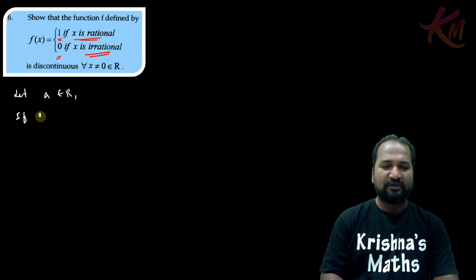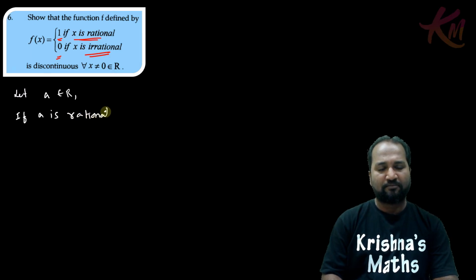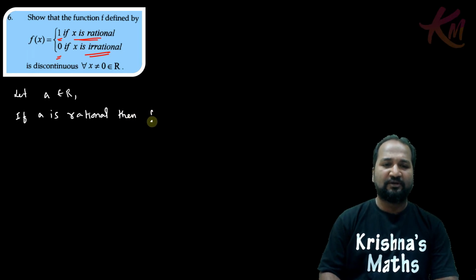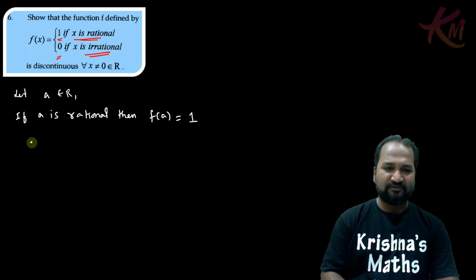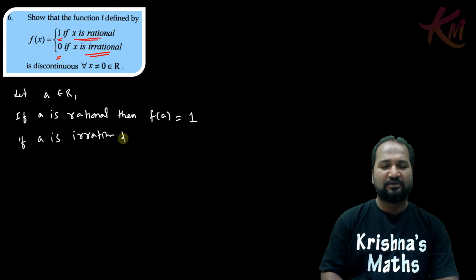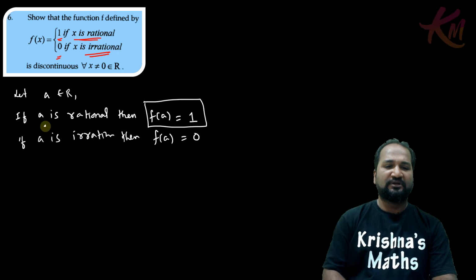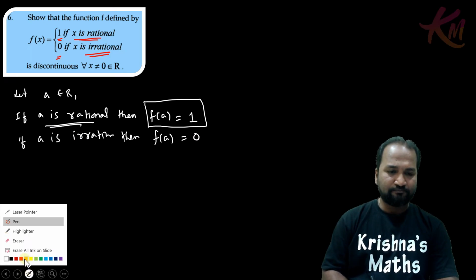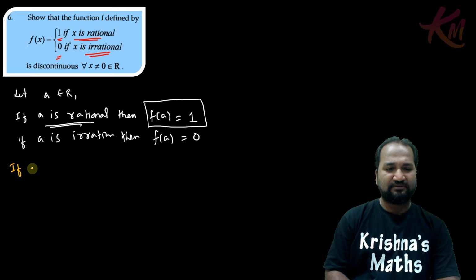If a is rational, then f of a equal to 1. For a rational value, it is 1. If a is irrational, then f of a will be 0. So we check further for the rational case. If a is rational,